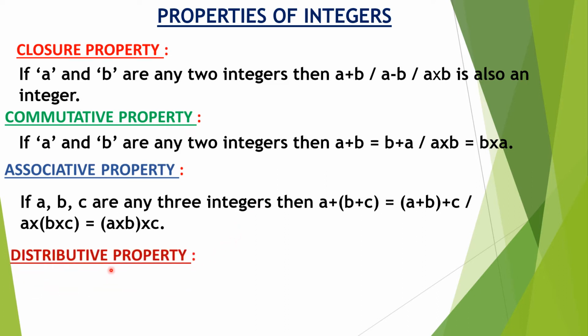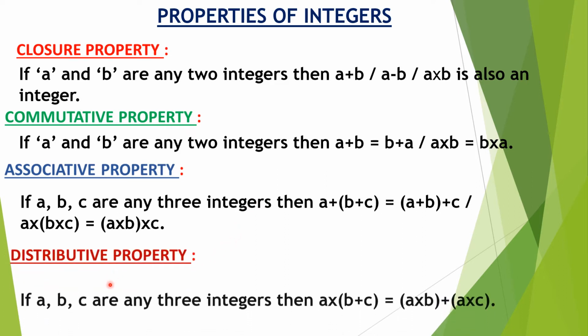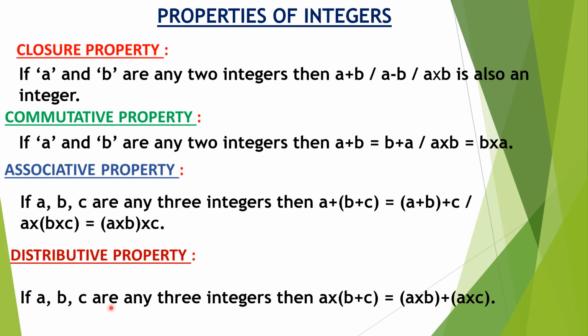Next property, that is the distributive property. Let us see that. If A, B, C are any three integers, then A into B plus C is equal to A into B plus A into C. So this property is called the distributive property of multiplication over addition. Okay, let us see the next property,